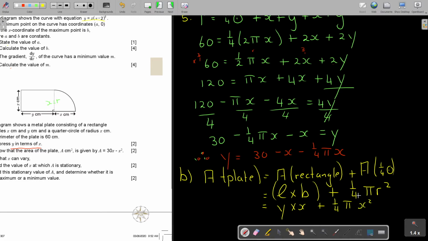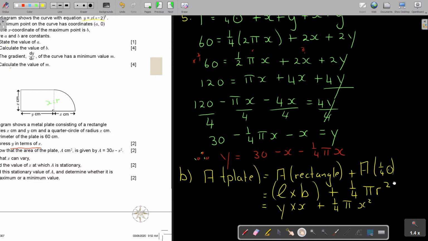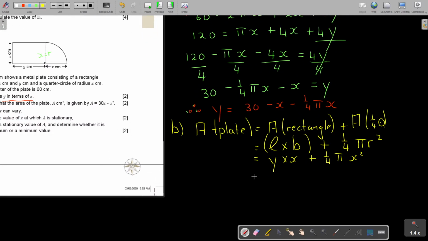Okay. Now, I'm going to show you, let's just get this quickly. Okay, this is not looking nice. If I take now this, do you see the y, and I substitute it in there. Okay. So let's do that. In the place of y, I'm going to substitute now 30 because I want it just in terms of one unknown. 30 minus x minus a quarter pi x,